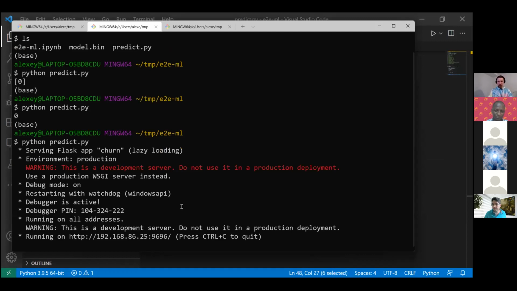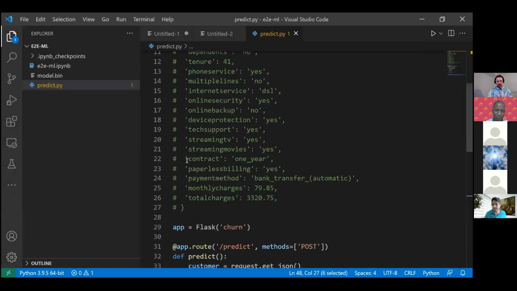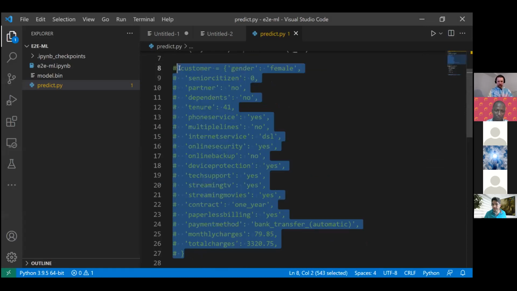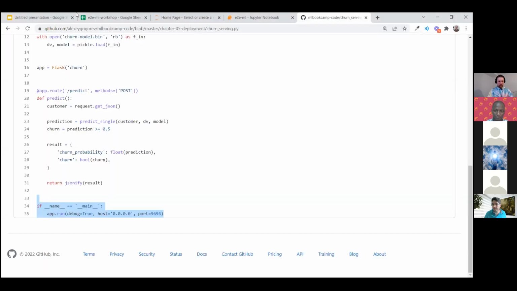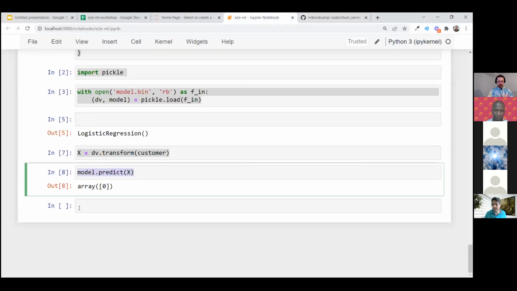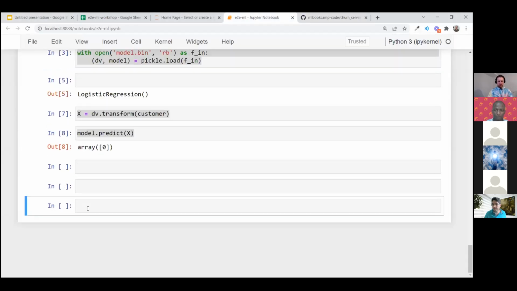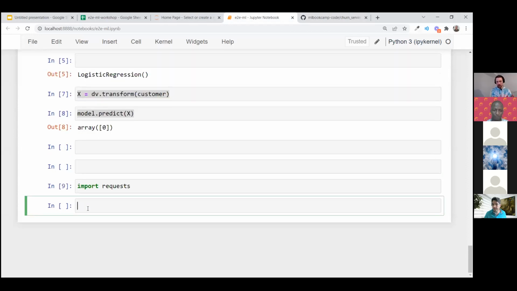So what I will do now is I will get this customer and I will pretend that I'm a marketing service and I will send the request to this application. I will go to the same notebook as previously and I will use a module called requests. This is a module for sending requests to web services.